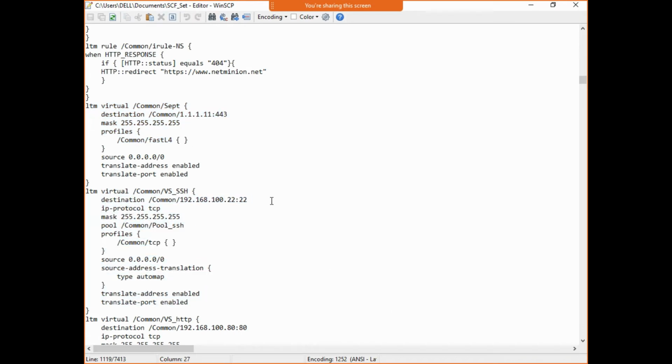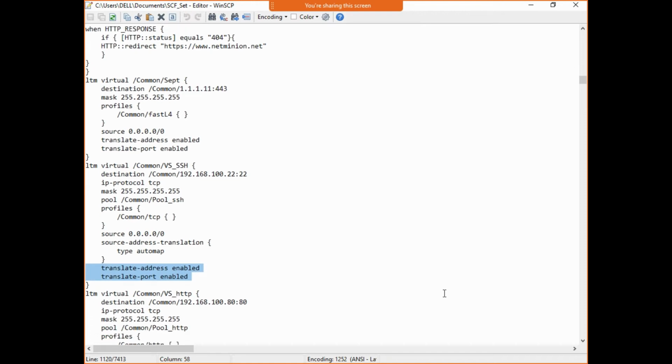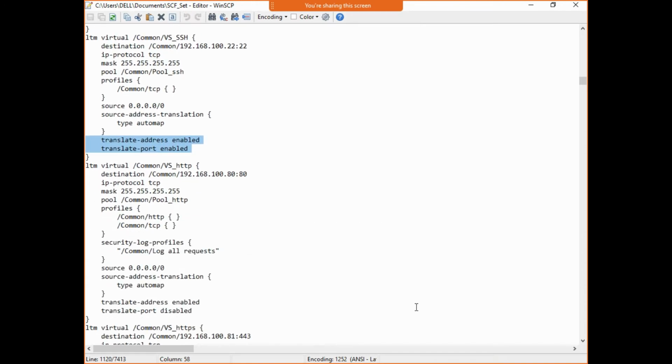What is the virtual server destination IP, what is the IP protocol, what is the mask, what is the pool, what is the profile associated with it, is source address translation there or no, this is automap, what about the translation address, port translation of the port. Okay, all of the configuration you can go through later on when you are able to understand these files.